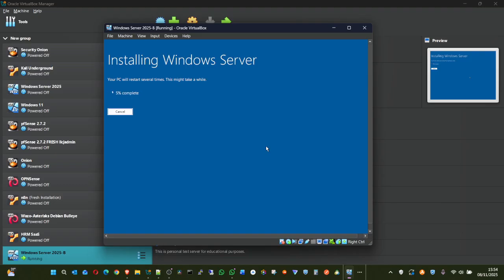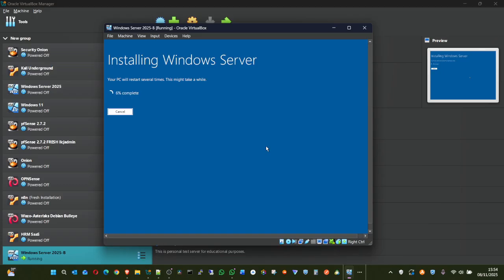You see, the same process that we use to install this Windows server is the same process we use to install Windows 11. However, Windows 11 can be a little more complex than this, but we are going to deal with it.